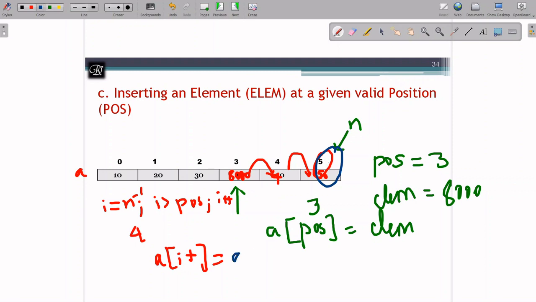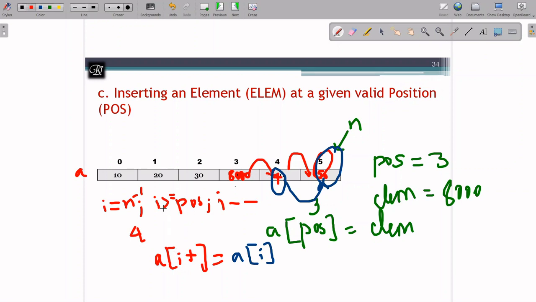Now what I want over there, I want to store the A of I value, that is, 50 was here, I have shifted to this, right? And after this, yeah, here also I made a mistake. Rather than increment, I have to give decrement. So I have to reduce. Now once after I reduce, I will become what? I was 4, I will become 3, and I have to give greater than or equal to over here, so that I have to shift this value also.